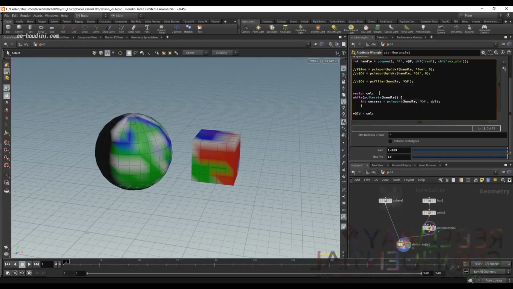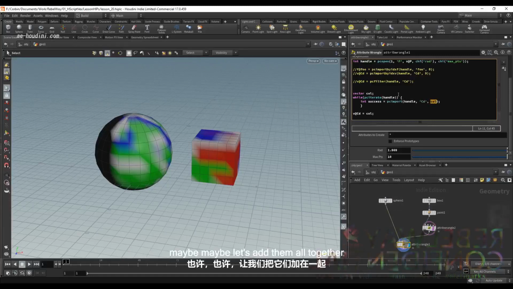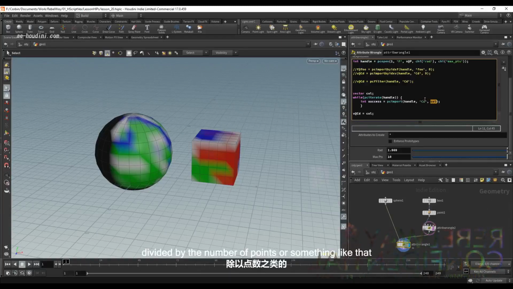Instead, we want to maybe average this out somehow. So let's try and store this color value of this point and compare it. Let's add them all together, all of these color values, and then divide it by the number of points or something like that. Okay, so